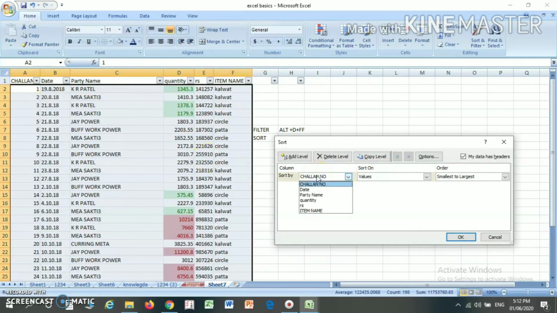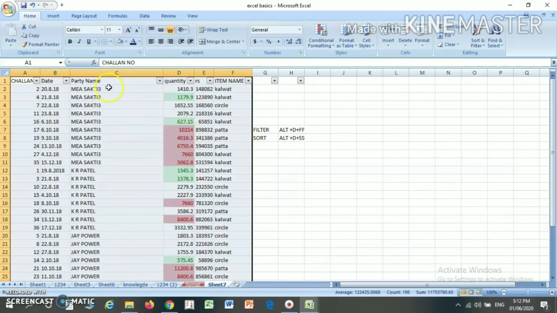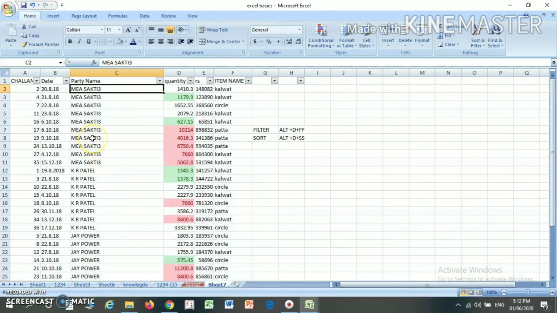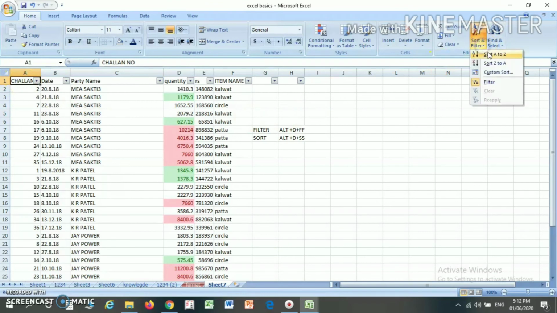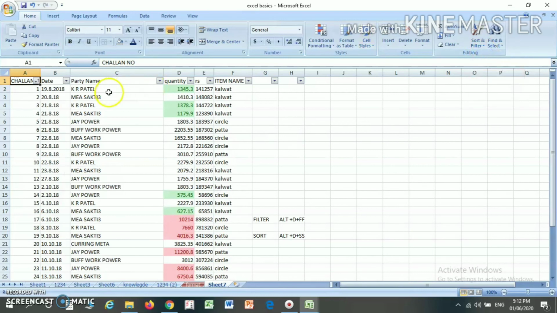If I want to sort by party name, just select party name. Here you have to select A to Z or Z to A. Suppose I select Z to A, then it will be sorted as per Z to A. Suppose I want A to Z, then go here and select sort A to Z. It will sort as per A to Z. You can also sort the data based on amount.